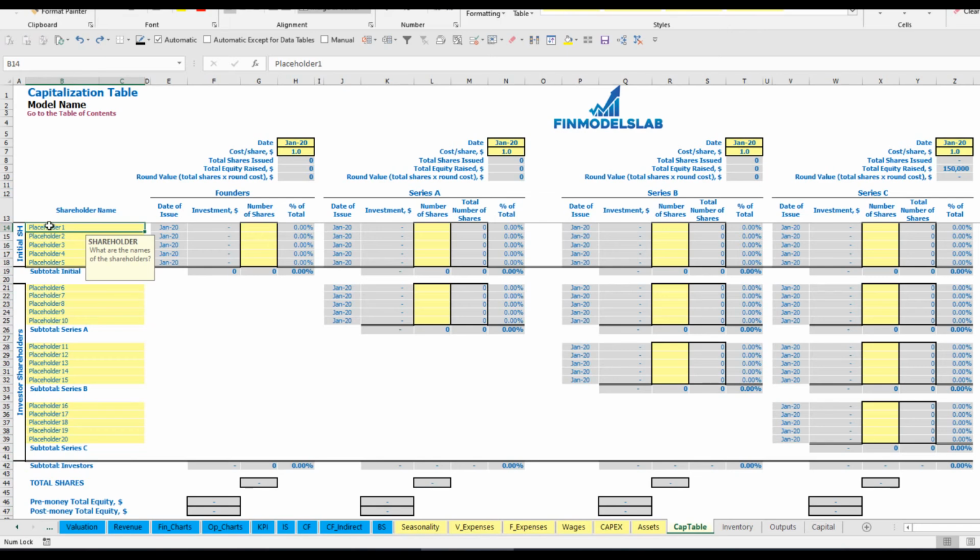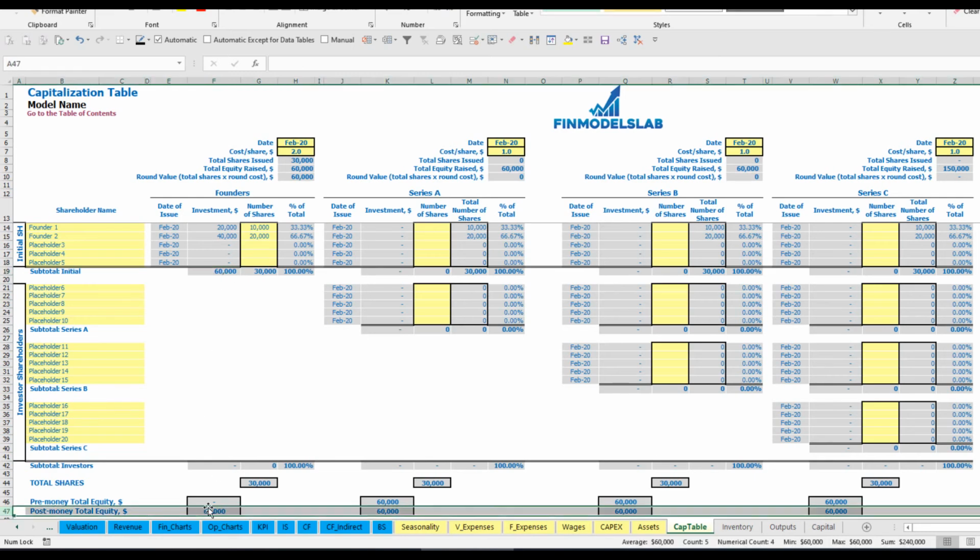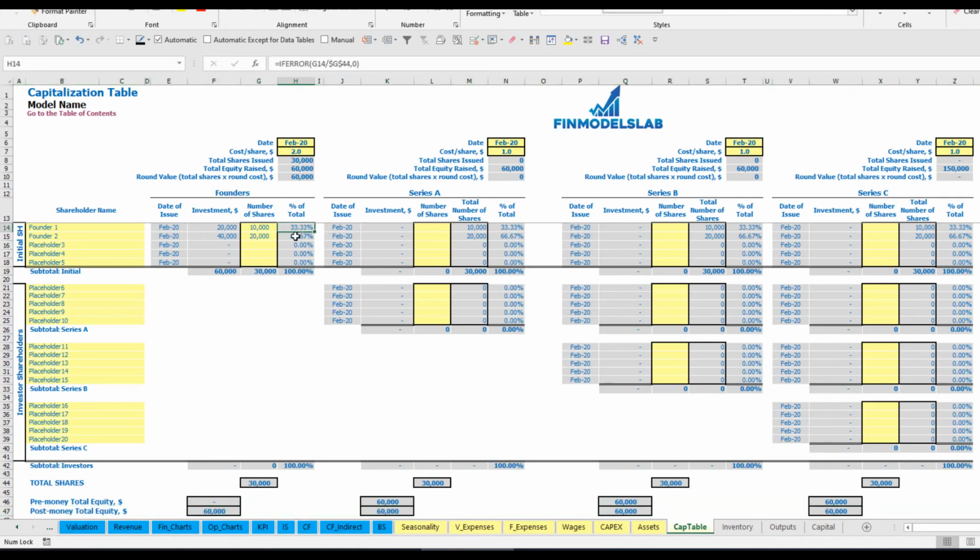Let's pretend that we have two founders, founder 1, founder 2. So total amount of shares for founder 1 can be 10,000, for founder number 2, 20,000. Let's imagine that cost of share will be $2 and the date of founding is February. This means that investment for founder 1 is $20,000, for founder 2 is $40,000. In total they invest $60,000, which you may see here. The dilution is 33 to